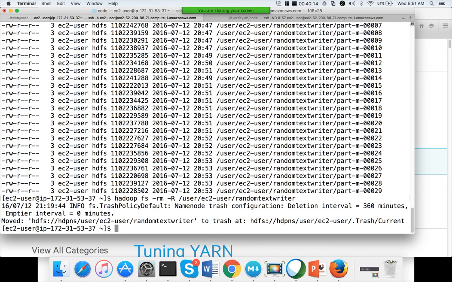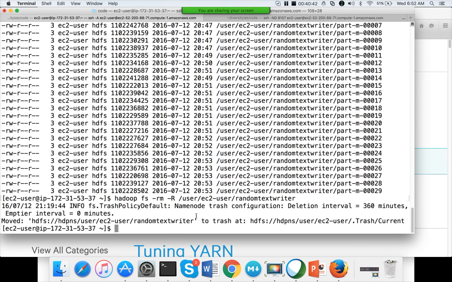So if you have 100 nodes in a cluster, it will generate 1 terabyte of data, and with replication factor 3 you will be wasting 3 terabytes of capacity, which is not good. Once you have validated the cluster thoroughly by running this random text writer job, you can terminate it or delete it using hadoop fs -rm -r and give the directory. The files will be deleted.